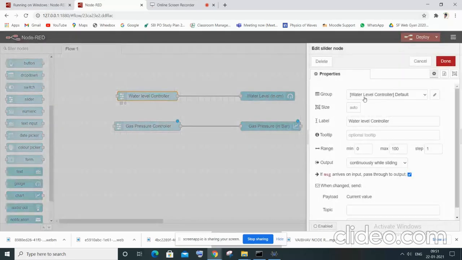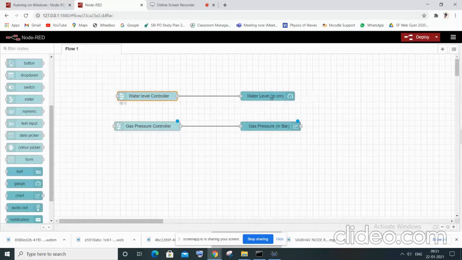Both of these sliders are present in the same group, so they will appear in the same window. The label of the slider is water level controller, and the range is set from 0 to 100 in step 1.